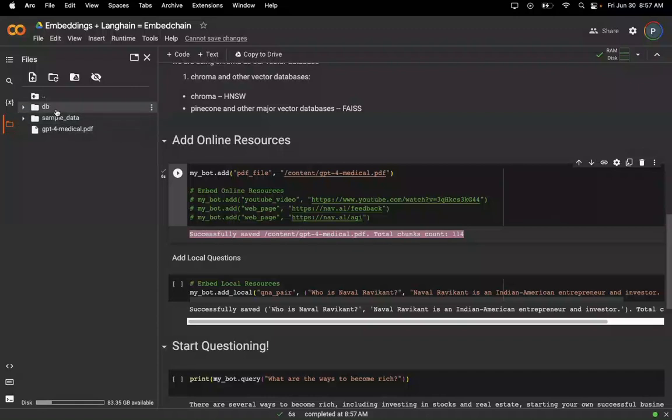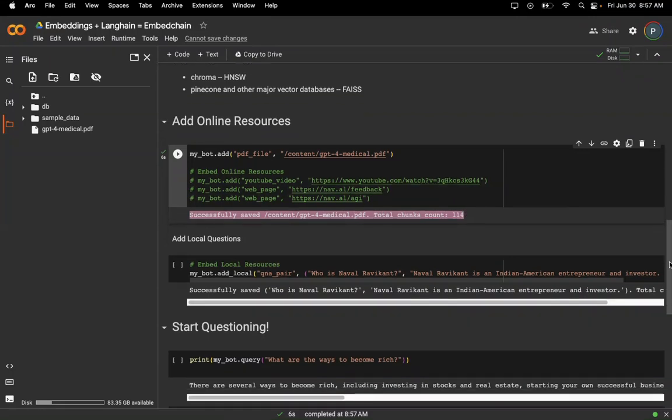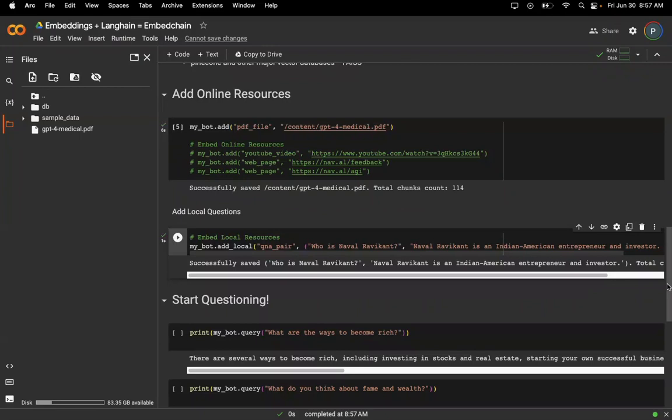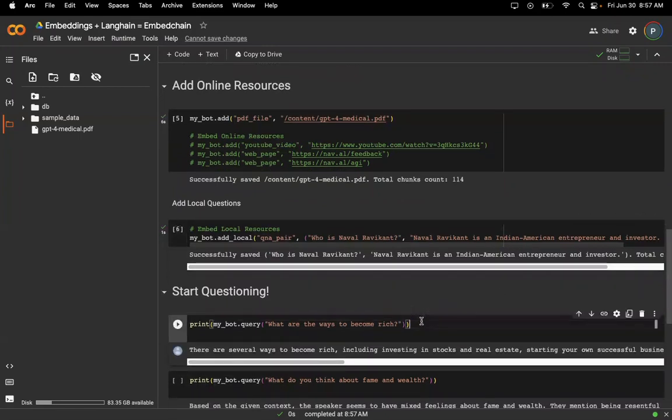You can see the DB here. This is the Chroma database which stored the vectors that we have created right now. Now you just need to run this. This will basically get our bot into question and answering mode,